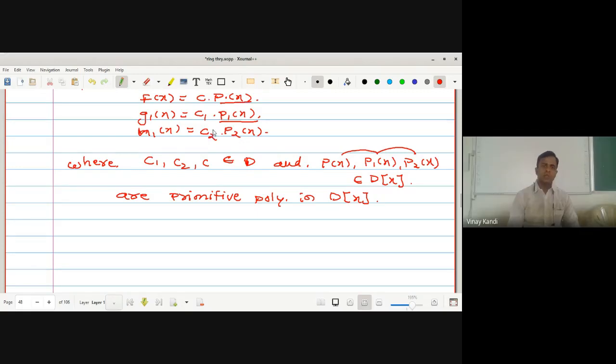Okay, greatest common divisors of all coefficients. If all the common divisors of that polynomial are units in F, then that polynomial is called a primitive polynomial. So p, p1 and p2 are the primitive polynomials in D of x. So from 1,